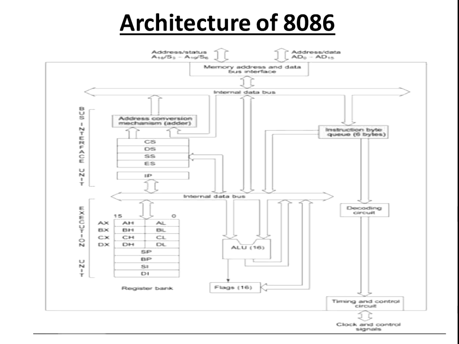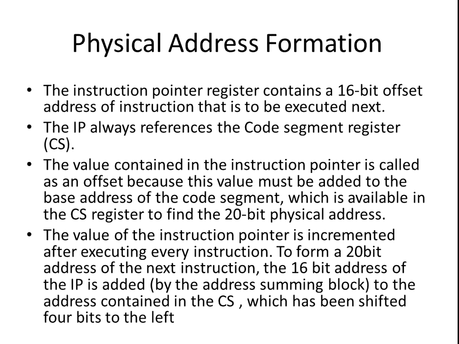First we can see bus interface unit. The bus interface unit consists of the circuit for physical address calculation. So first we can see how it calculates the physical address. We already know that in the case of 8086, we have a 20-bit physical address. For generating the physical address, we need the content of two registers. One is the content of the segment register, that is called segment address, and another one is the content of the offset register, that is called offset address.